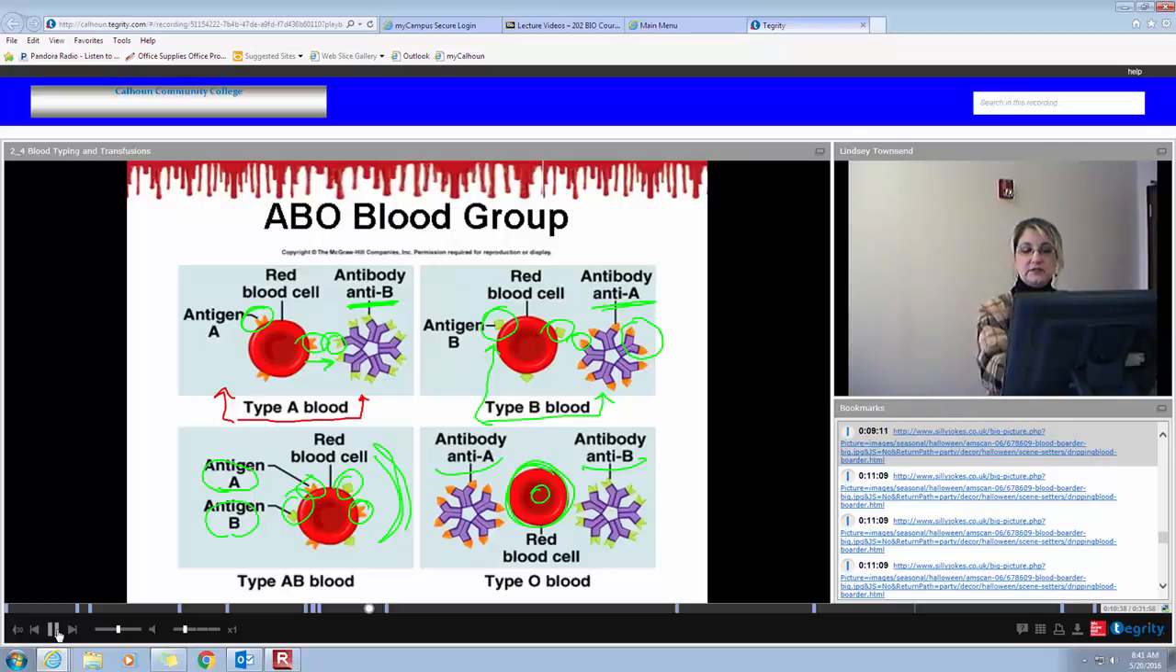So if you have type O blood, you have no antigens on the cell surface of your erythrocytes, so you can create both A and B antibodies because there are no antigens to bind to. This is very important. It's very important that you understand that your blood type is determined from your antigens, and then in your plasma you have the opposite type of antibodies. All right, let's move on